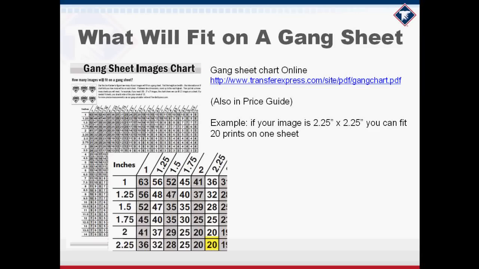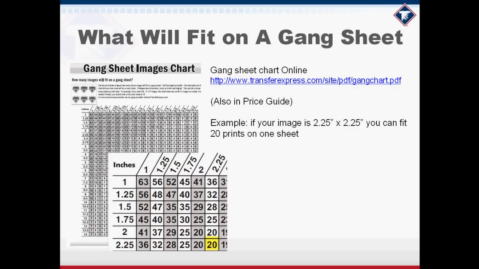We have a chart that is available on our website and in our price guide. It's the same exact situation. You find the height on the left side of your chart. You find the width on the top of the chart, and where those two hit, you've got how many will